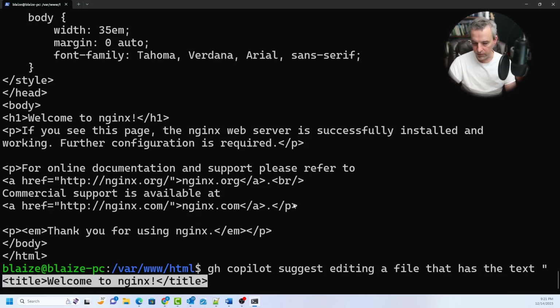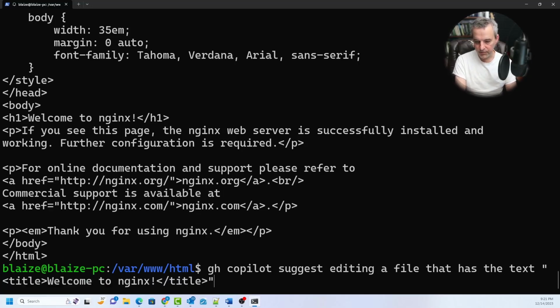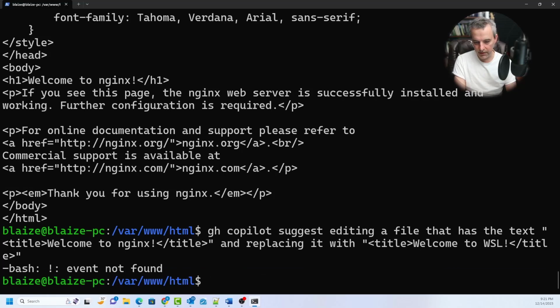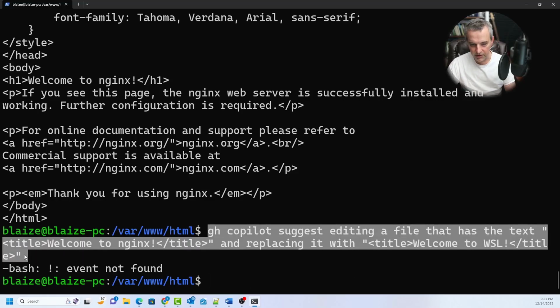Let's put some quotes around this, and replacing it with, let's say, welcome to WSL, and try that. Let's see what. Oh yeah, I probably need to escape that command,